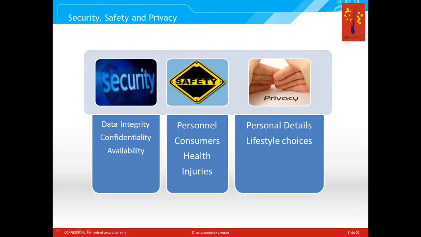Security, safety, and privacy. These are the big challenges in front of us. Now, when you connect all these billions of devices to Internet, then you basically provide billions of entry points for malicious attacks. There are so many ways you can hack into the system. And once you hack into the system, you can do a lot of things depending on what is available to you. Imagine if the hackers, just an example, take charge of smart grid, and so